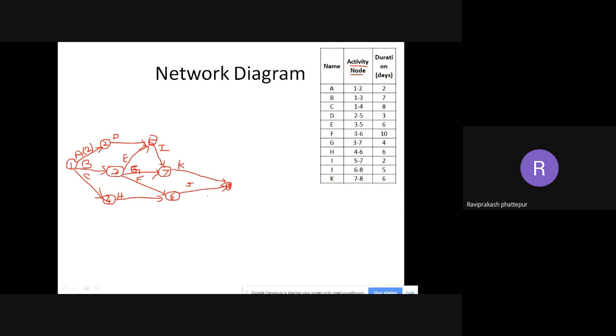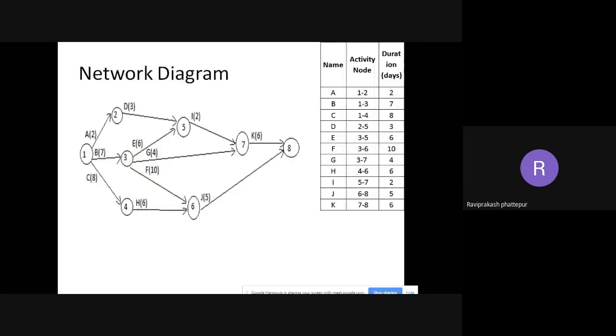This is me showing you how to draw, and I have already made this particular network diagram, so you can copy this. You can see I have written A, B, D and so on at the very beginning of the node, because I need that space in front of the arrow. So always make sure you write the activity and the duration above, on top of the line. As and when you finish, just let me know, so we can move to the next part, towards the critical path, and how to go about it.